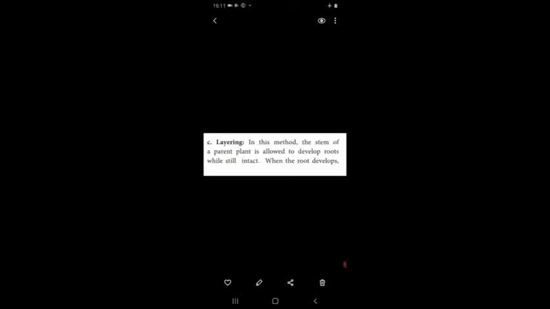Dear students, in the book back you have an important differentiate between question. That is, differentiate between grafting and layering. So what is grafting? We have to take two different plants, they join together and continue to grow as one new plant or an individual plant. One of the plants acts as a stalk which is attached to the soil. Another one which is going to be grafted is named as scion.